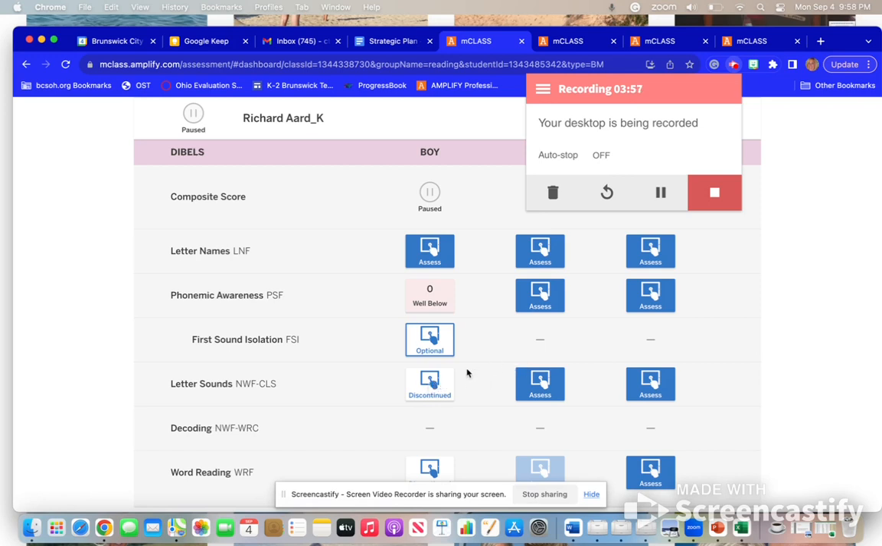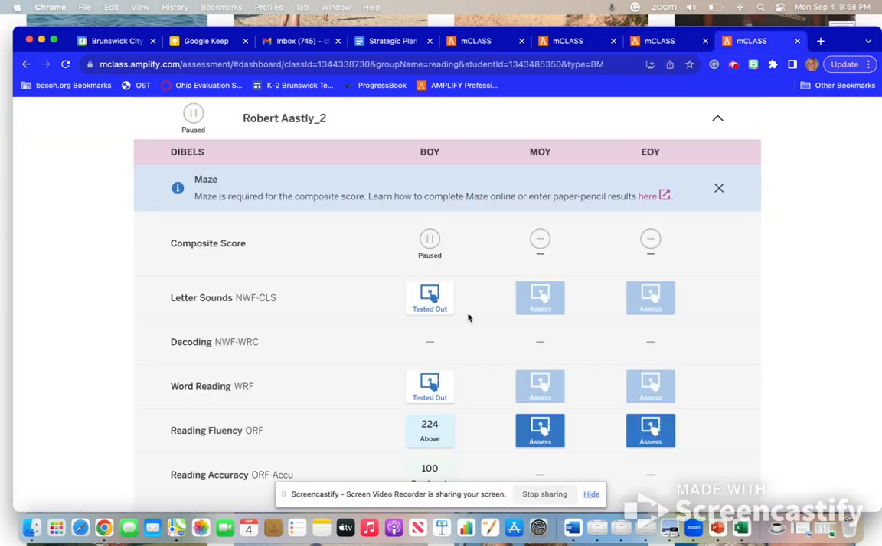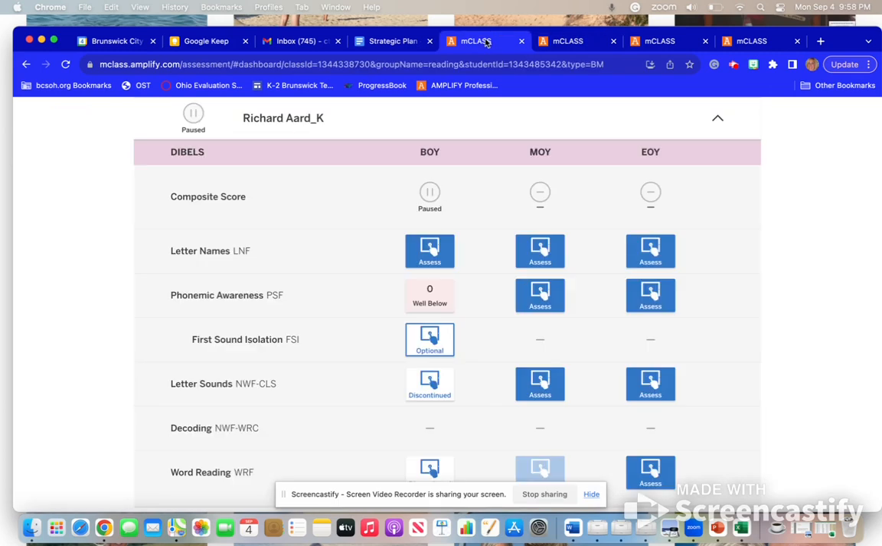So again, if it says test it out, but it's listed on our sheet, you're going to go ahead and give those to the student. I get that it's more assessment, but for, like I said, a variety of reasons, we would like that data. But if it says that it's discontinued because the student didn't do well here, they're far below, then we're not going to put that student through